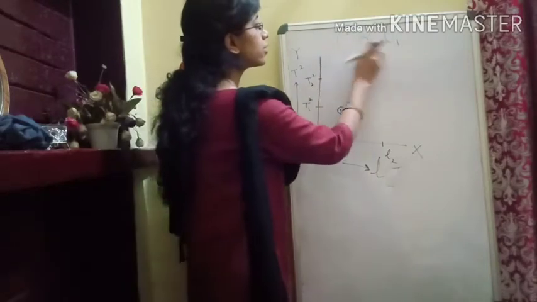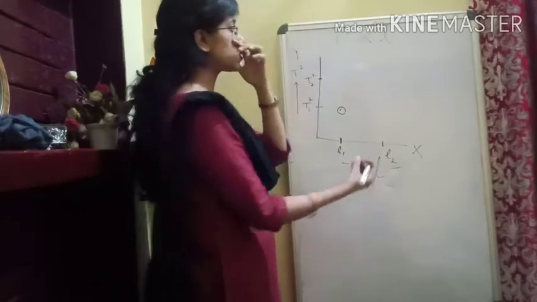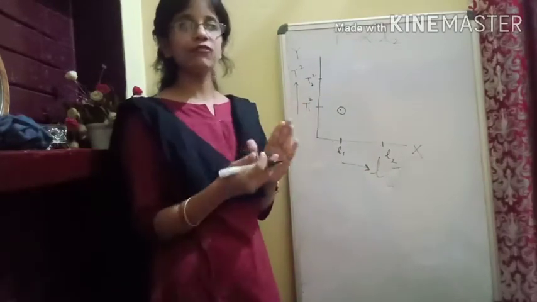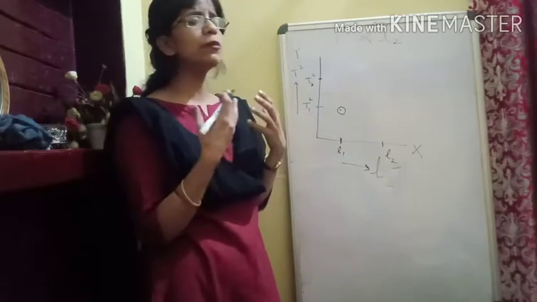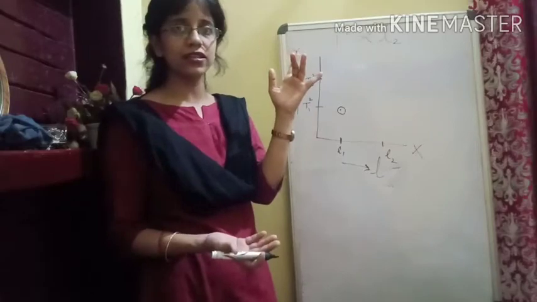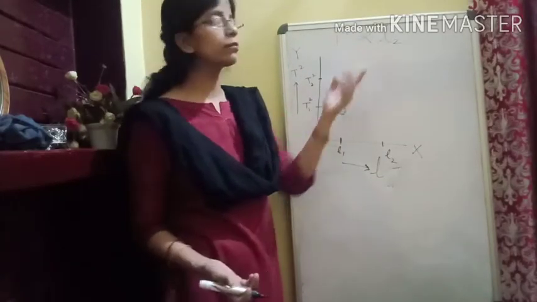Now let us say we change the value of the effective length, we change the length of the string. So let's say it becomes L2. I hope you are getting what is L1 and what is L2. L1 could be anything. If the length of the thread of the simple pendulum is 10 centimeter, L1 could be 10. Now we have changed it to 20, so L2 will become 20.